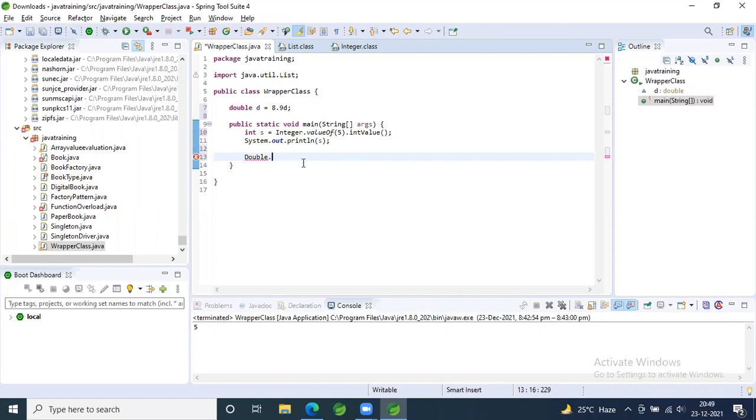In that case, it is called autoboxing, just done automatically. You don't need to do anything. But if you wanted to convert from your object to the primitive, that is unboxing, you're unwrapping the data. So you don't need to be confused about the terms. Autoboxing automatically converts from primitive to your object. The reverse is called unboxing.